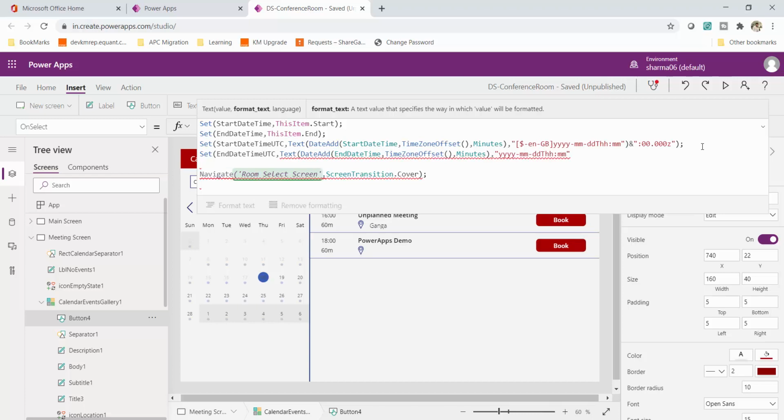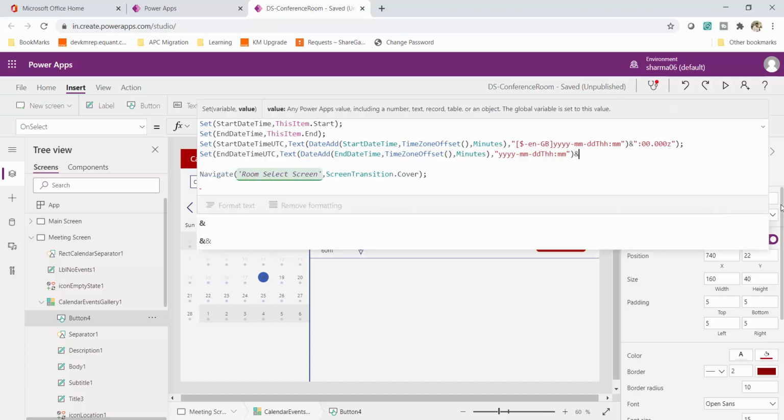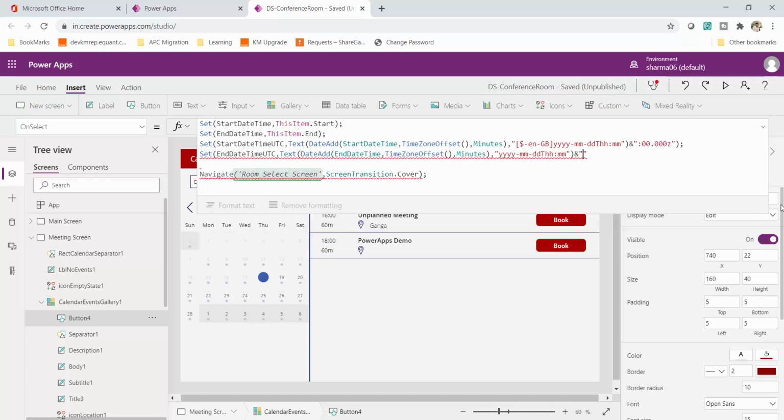And automatically the language code will get appended. So I'll close it over here. After that I will append this particular text to it also. This is just the format to convert your date to UTC, dot 000Z. So that's it.